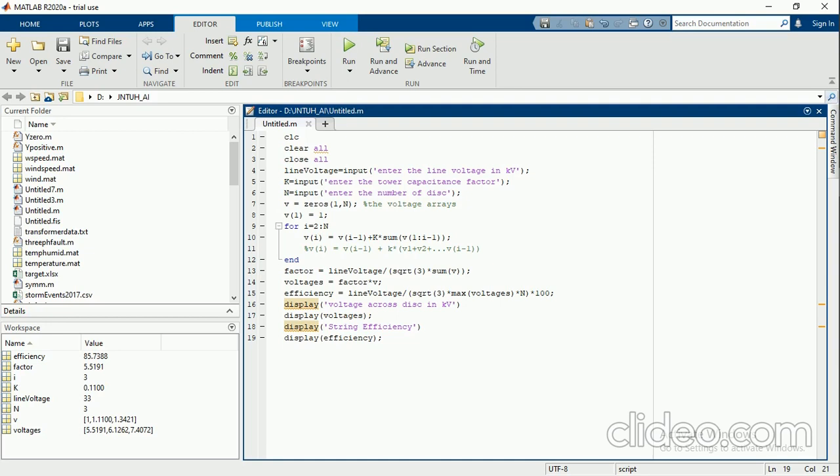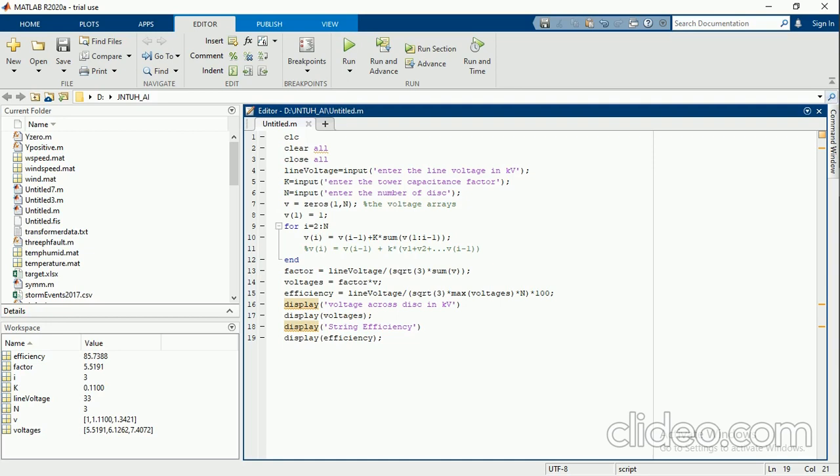The system doesn't consider what you write between quotations; it just displays it on your command window. Here I'm considering the line voltage, tower capacitance factor, and n value. Already I know these values from my problem statement, so I simply assign the values.